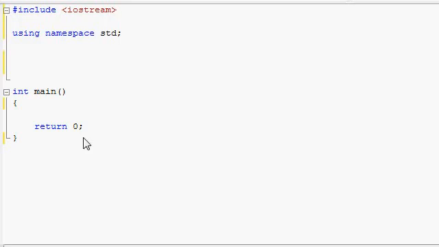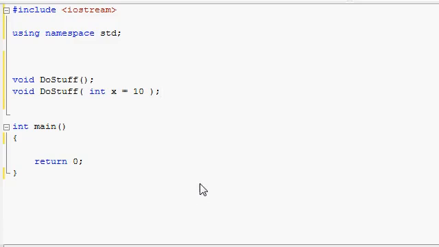Alright, let's wrap up a few more little important things before we move on. First of all, now that we just learned about default parameters and overloaded functions, here is something to look out for if you're ever going to be using both of them together, overloaded functions with some of them having default parameters. Like for example, let's say we have these two functions over here, doStuff with no parameters, and